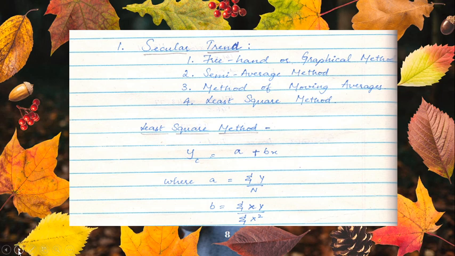Now going on to the method of least squares, it's given by the formula yc = a + bx, where a = Σy/n and b = Σxy/Σx². So a recap of the secular trend: freehand or graphical method, semi-average method, method of moving averages and